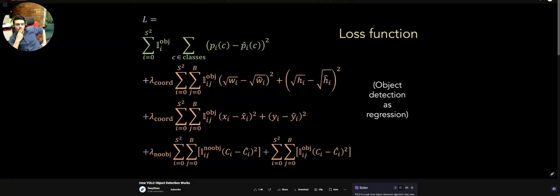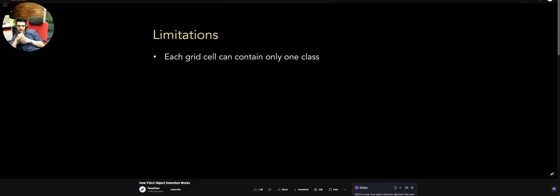So from this, we know that YOLO works very well, but what are some of its limitations? And here I'm talking more specifically about the first version of YOLO. Well, first of all, of course, each cell can only contain one class, or it can only predict one class, should I say. So if, say, one dog and one bicycle appear in the same grid cell, then this presents a problem. Moreover,